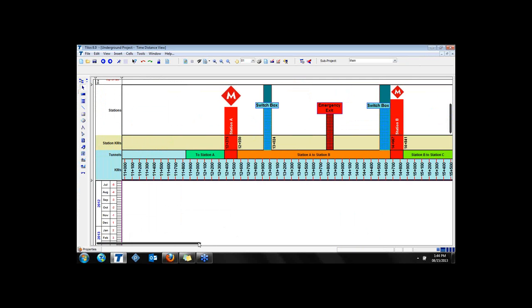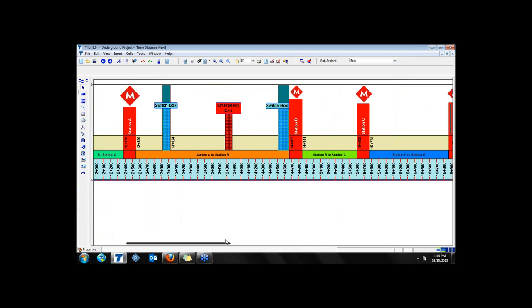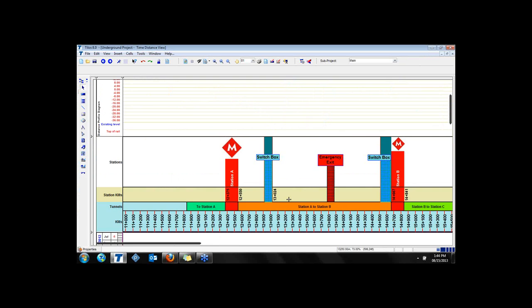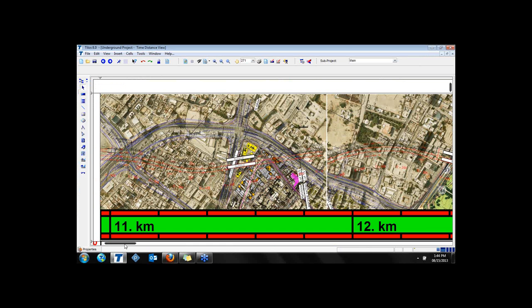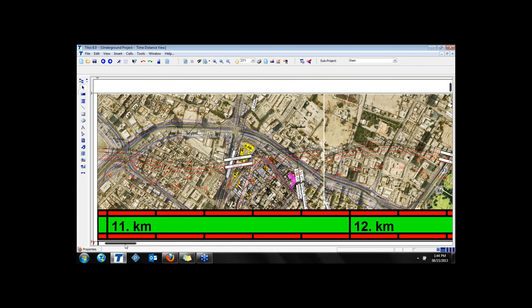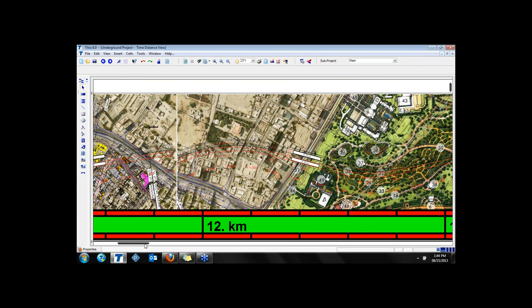And in addition to this, we can add our geographical situation. On the top, we are having our distance drawings. Please see that you can have your drawings in CAD file, or you can draw in TILOS as well. You can display your nonlinear works here. Please see that the site wasn't so linear, so we merged the linear parts. So you are having a linear site to display in TILOS. There is no problem if there are curves in your project, so you can display this in TILOS, synchronizing